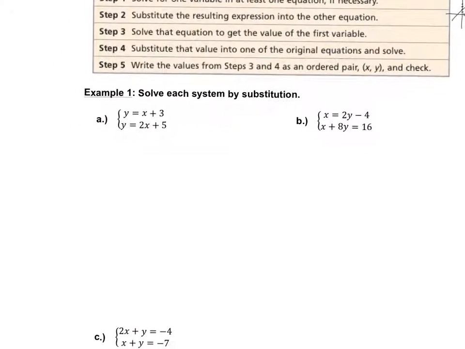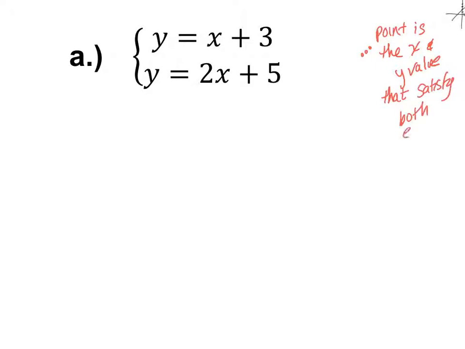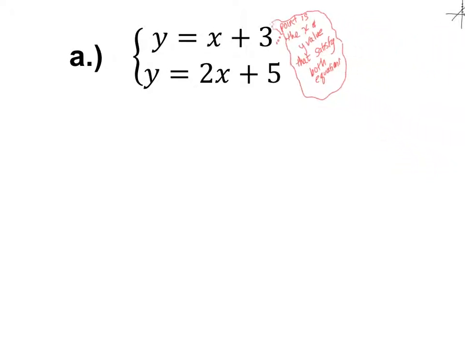Let's say that we have this system of equations right here. Now granted, yes, we could graph it and see where they intersect. However, when two lines intersect, what they're telling you, and this is the very important key concept, is that the point of intersection is the x and y value that satisfy both equations. So when you have two equations and you're looking for the x value and the y value that make both of them true,